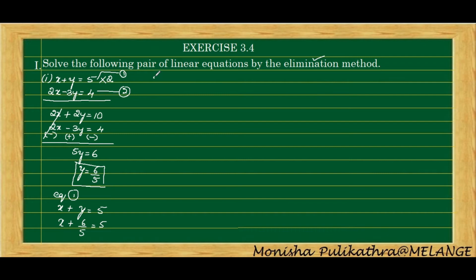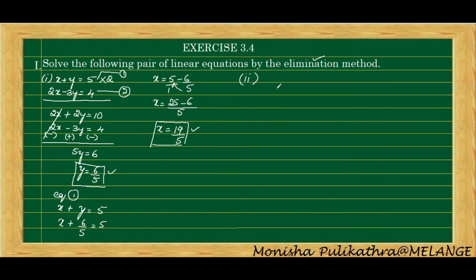In the next step, I will be shifting this 6 by 5 to the right hand side. So it will become minus 6 by 5. Next, by taking LCM, so here there is a 1. So 1 5s are 5, 5 5s are 25, minus 5 1s are 5, 1 6s are 6. Okay, so x is equal to 25 minus 6 is 19, 19 divided by 5. So we got the value for x and y. So this is the way to solve the equation by using elimination method to find the solution for x and y. Okay, so moving on to the second problem.